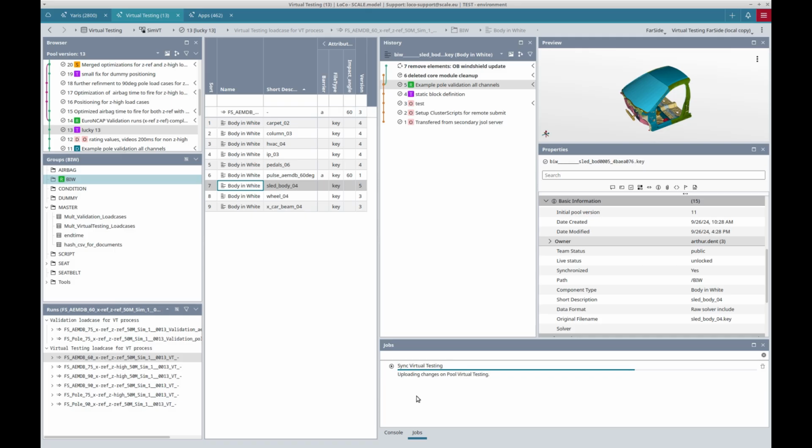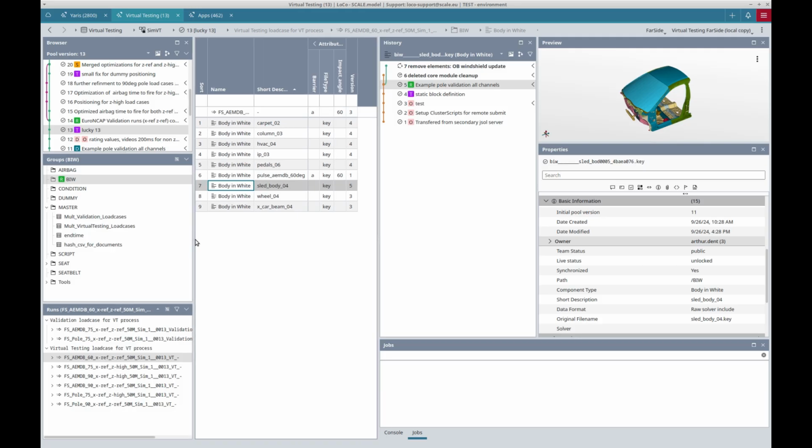For the virtual testing use case, the model is integrated more or less like any model or car project.